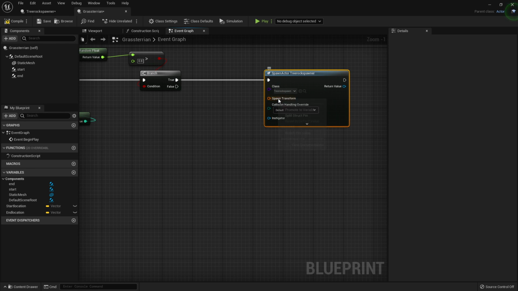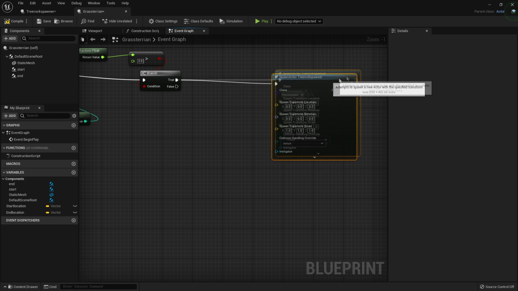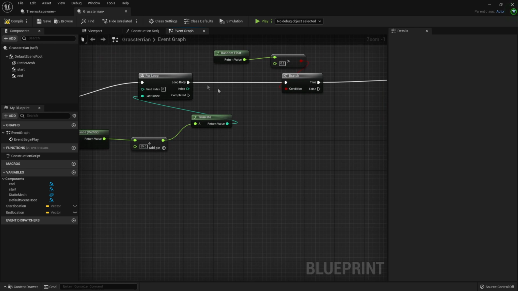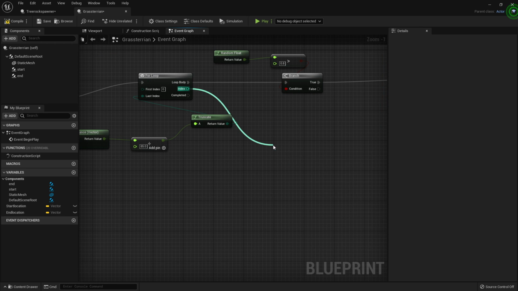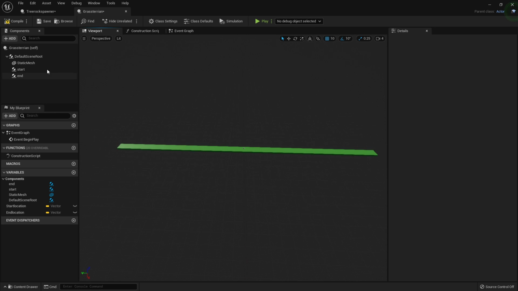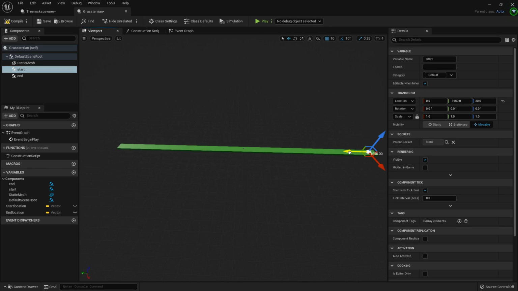So if we just right click on here and look for split structure, so where we're going to spawn it, we're going to drag off this index and look for multiply, and we want to multiply it by 90. So we're going to make sure that if a rock or tree spawns, that they're 90 units away from each other. If I head back to the viewport, we're going to be making sure that our tree / rock actor